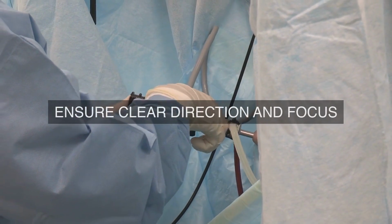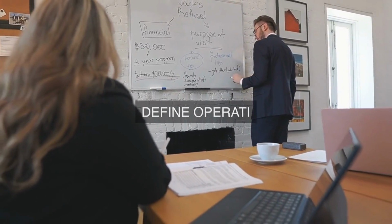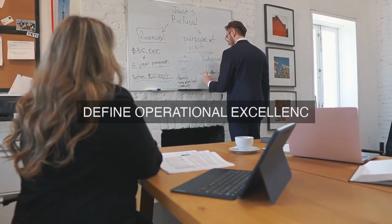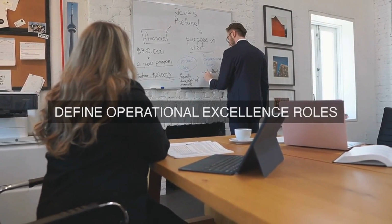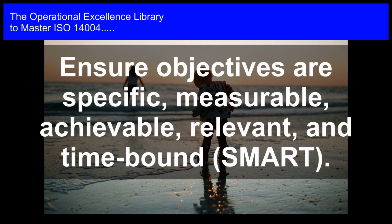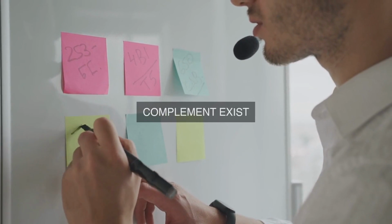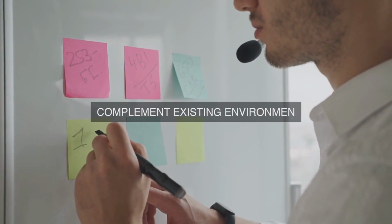opportunities when setting objectives. Another valuable resource is the ISO 14001-2015 standard, which provides requirements for an EMS. Clause 6.2 of this standard outlines the requirements for setting objectives and targets, including the need to ensure they are consistent with the organization's environmental policy, take into account the organization's significant environmental aspects, and are measurable, achievable, relevant, and